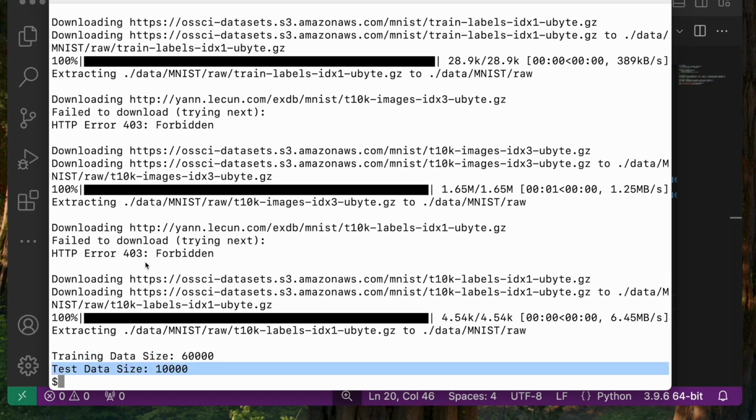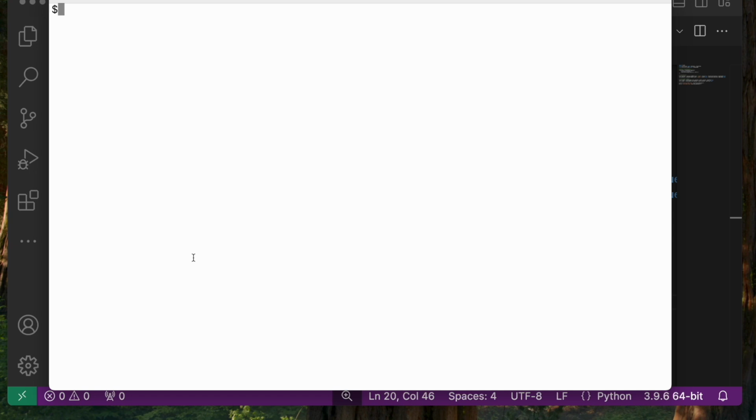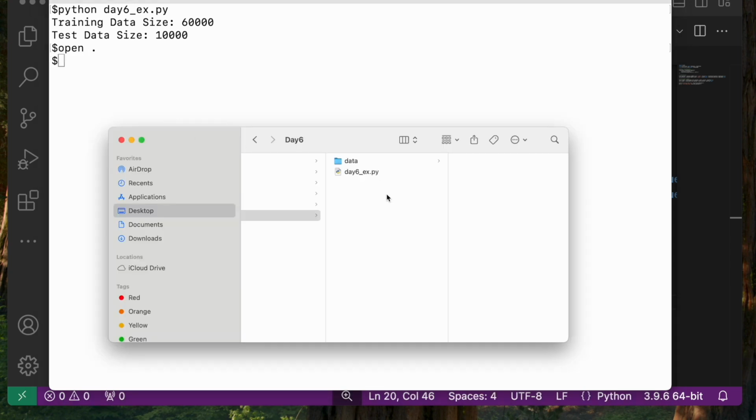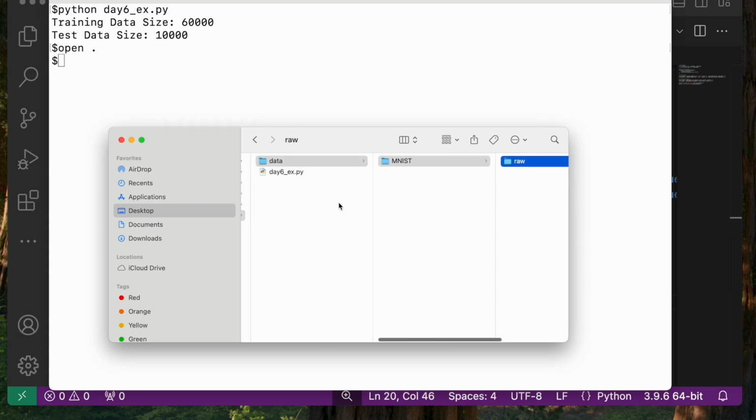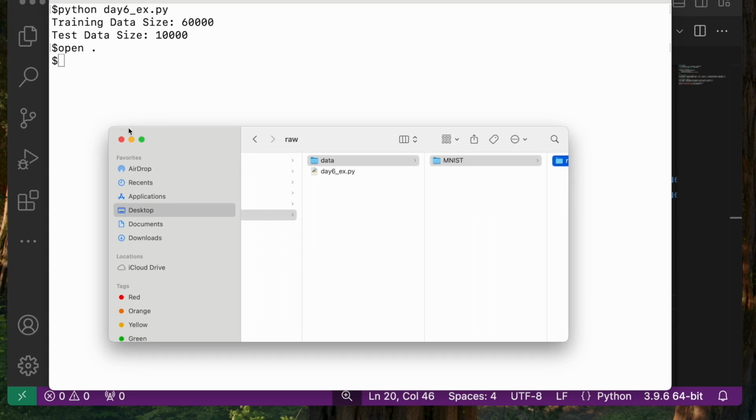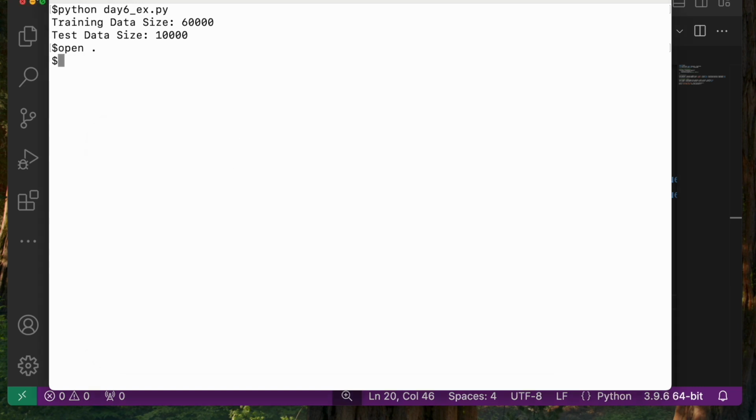If it can't find the dataset, it'll try the next one and try to download it from there. So you don't have to worry about that. I'm going to clear it out. If I run it again, you see it doesn't download it again because it's already downloaded it. I can open this and check the data folder, and you'll see the MNIST dataset is available right here. Perfect. I'll close this, go back here, go back to our coding.